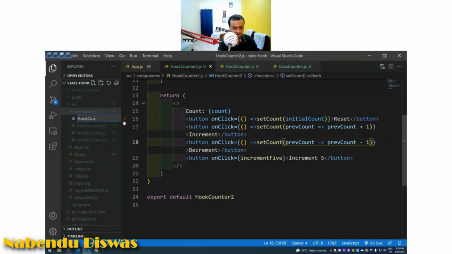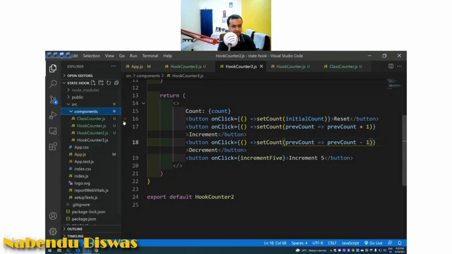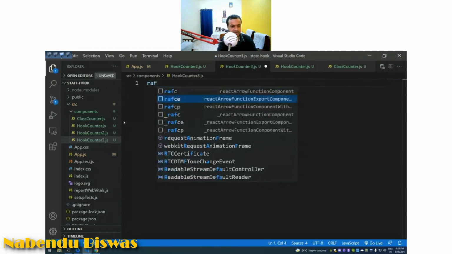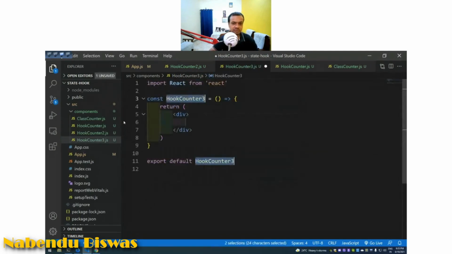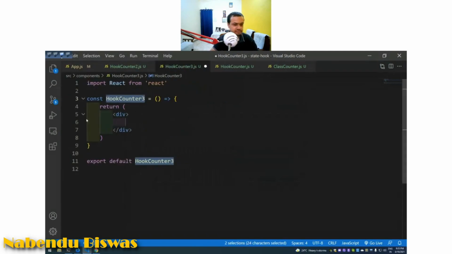hook counter 3.js file, and RAFCE I'm going to do, and then we are going to see, now we are going to see use state with objects. We are going to see. Okay, so in this